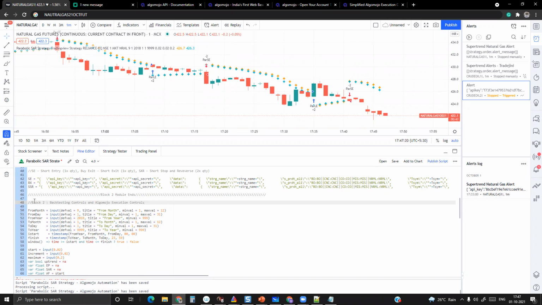Okay, so I'm done up to this. We can call this the block 3 module, and then finally the block 3 ending module. I'll put it like this.